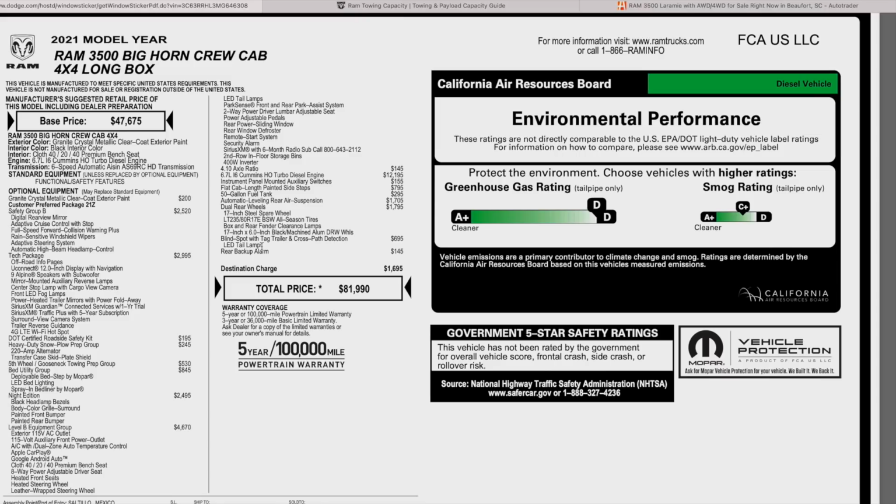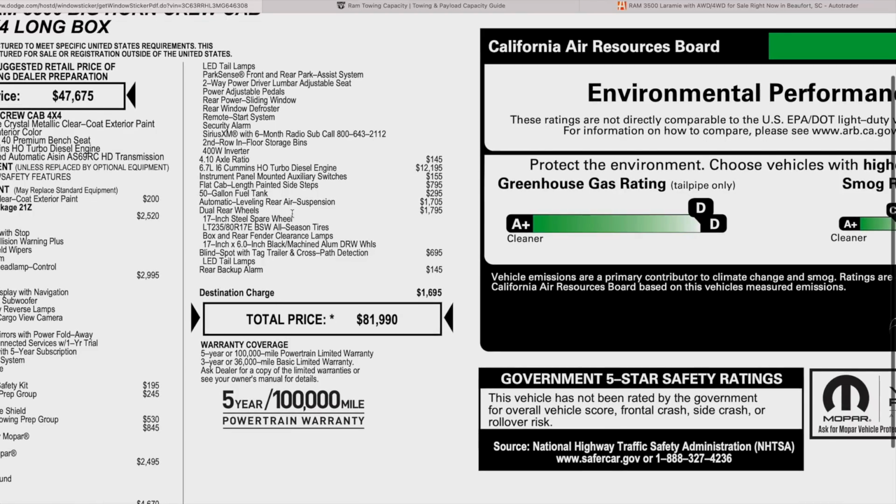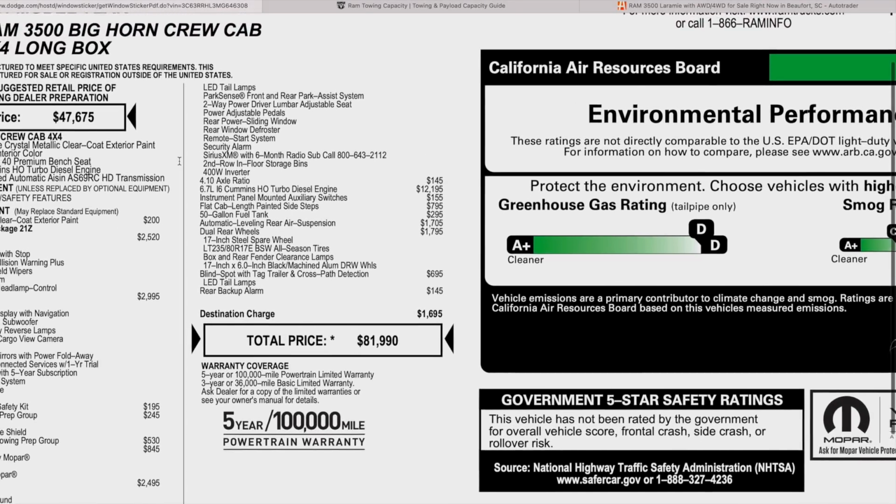All right, so check out the window sticker for that 2021 Ram 3500. Now, as you saw in the title of this video, I want to compare the MSRP to what you're going to pay for a used truck. You already know what's going to happen, but it's pretty insane how expensive these trucks are. But as you can see up top, this truck has a base price of